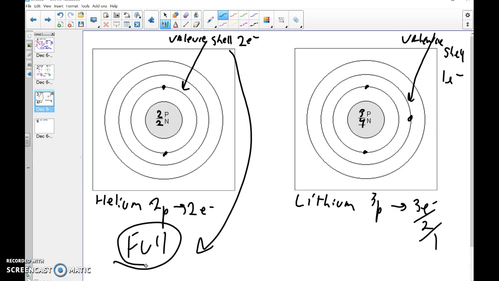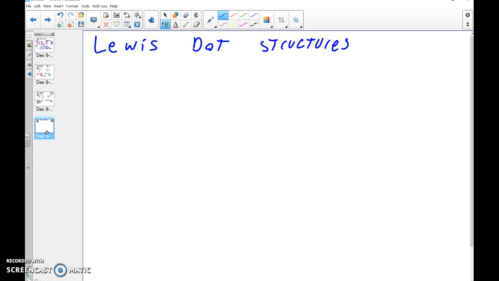And so the real key with the Bohr diagram is just understanding that the energy levels hold 2, then 8, then 8, and using that to know where to place the electrons. And you always place from the inside out. Now, there's another type of diagram called a Lewis dot structure. All right. So a Lewis dot structure is different than the Bohr model because you just use the element symbol